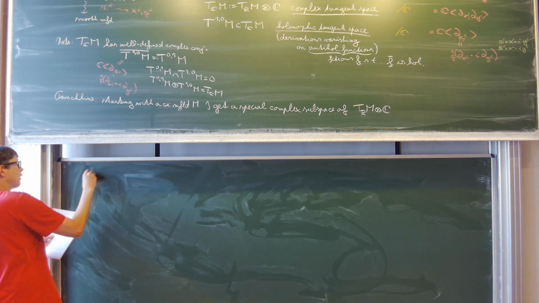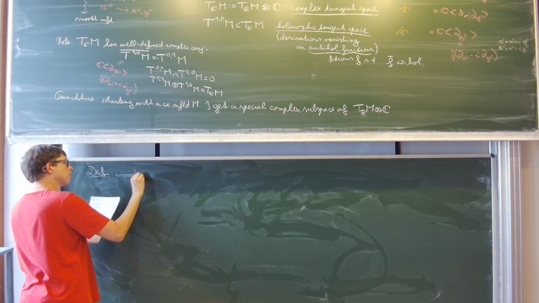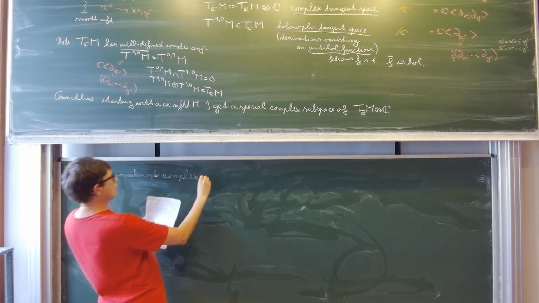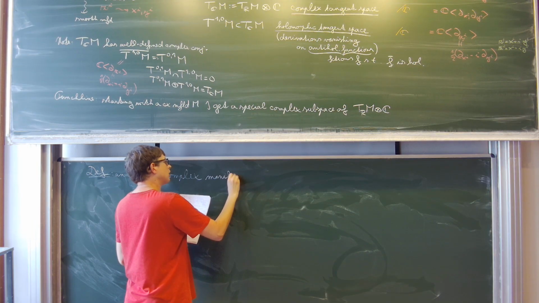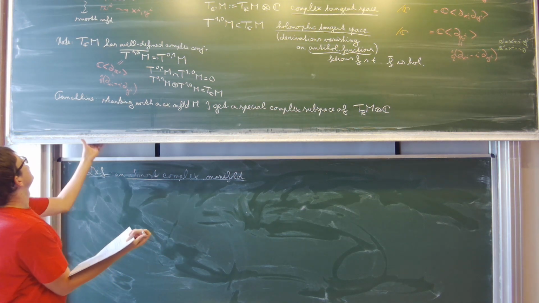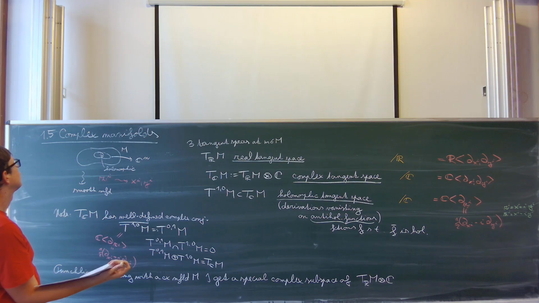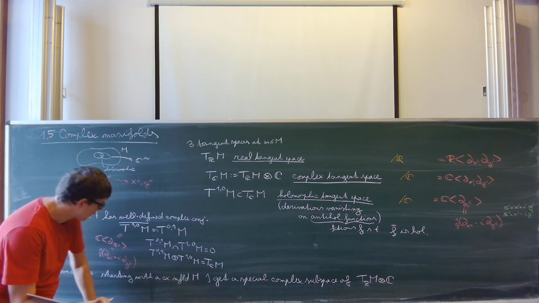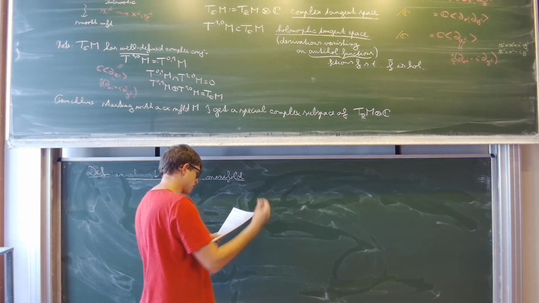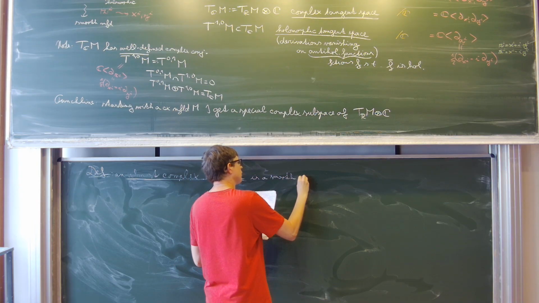Just to finish, let me now collect this into a definition. So an almost complex manifold, which is kind of one step less. I'm trying to find a natural way to realize the definition, and that goes as follows: an almost complex manifold is a smooth manifold, not complex, smooth,